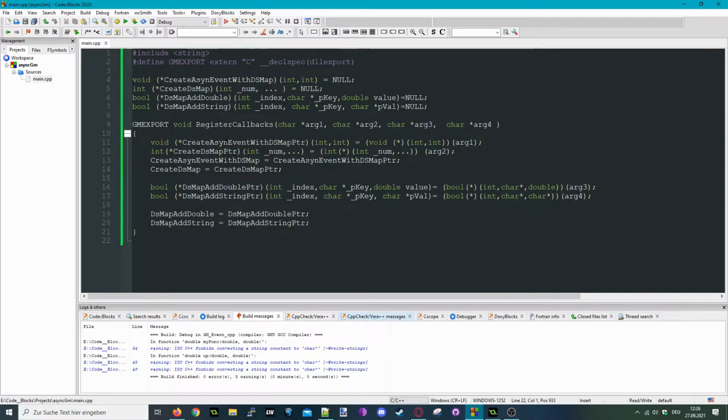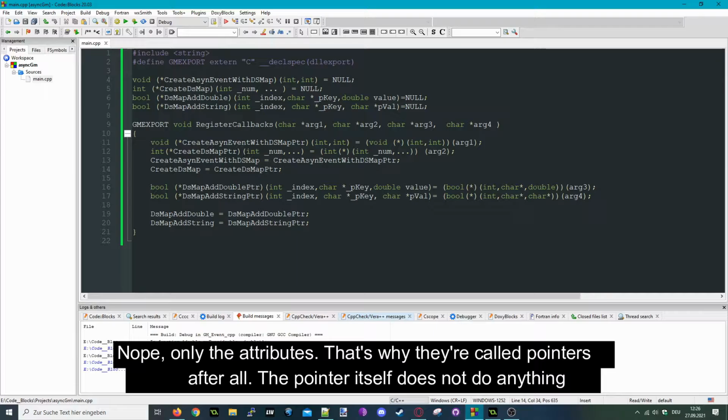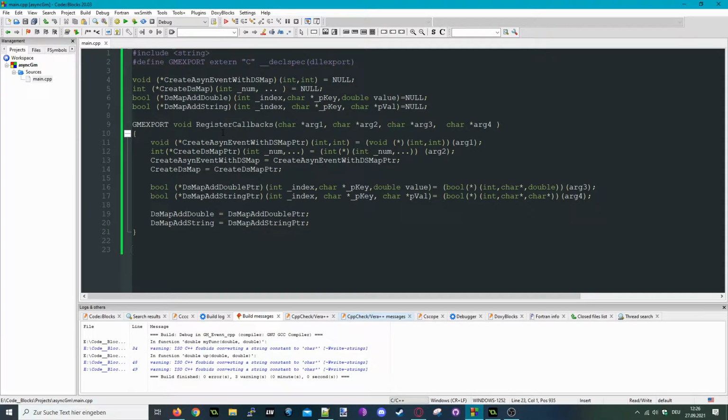And as far as I understood from the blog post, right here, they just initialize these function pointers with functions. They assign the attributes and functionality stuff to it. This will essentially create the trigger in GameMaker for the asynchronous event, which we're going to be using to get the DS map from the DLL. We're going to create a function. So GM export